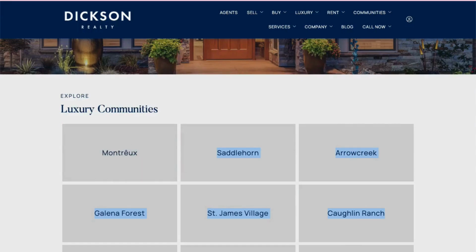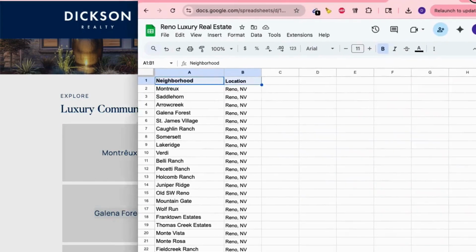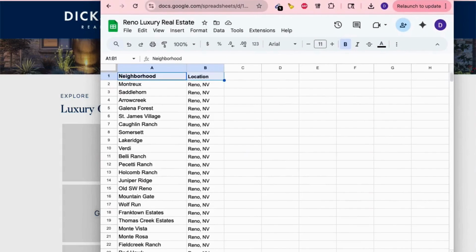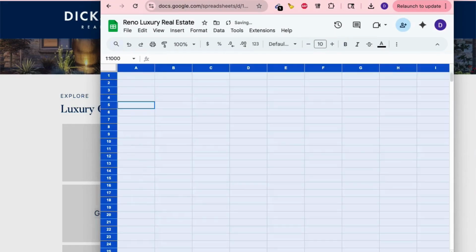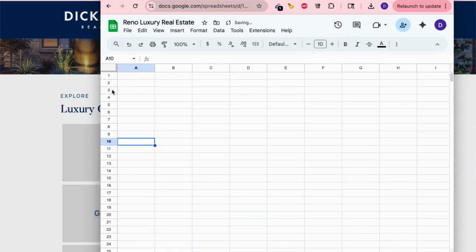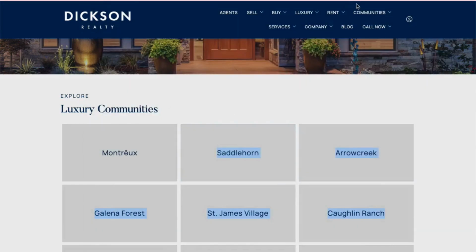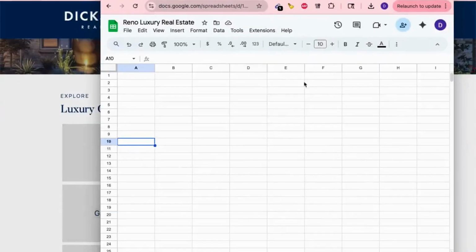What we want to do is open a Google spreadsheet. We can use Excel as an example, but I'll just use Google spreadsheet. And if I just take those communities from here and paste them over here,